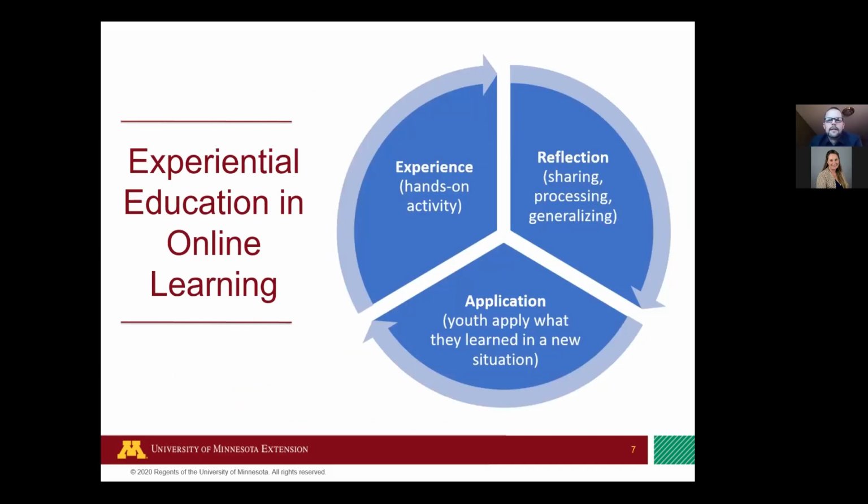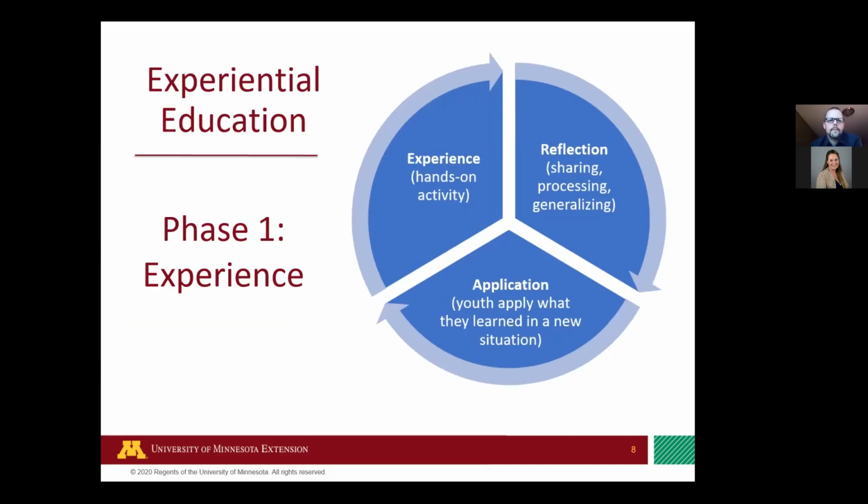So there's an experience piece, a reflection piece, and then an application piece. And I'll talk about each of those briefly. So the first phase or piece is the experience. And the experience is all back to that hands-on learning that I had mentioned a couple of minutes ago. That's how it's driven, and that's really the key to make experiential learning online to be successful. If you don't have that excellent hands-on activity or approach happening, then it'll be difficult to reach those learning objectives